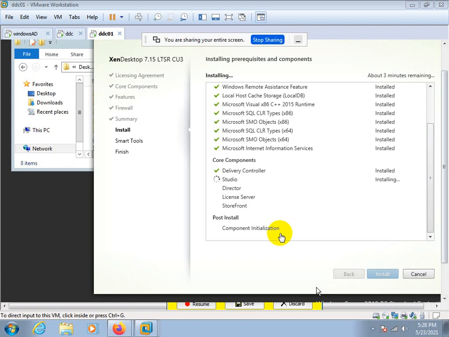We have three types of licenses. One is the user license, that is per user per device or concurrent. Second is the startup license, that is a XenApp product license, and the third one is the Windows terminal services license, which is also a per user per device license.